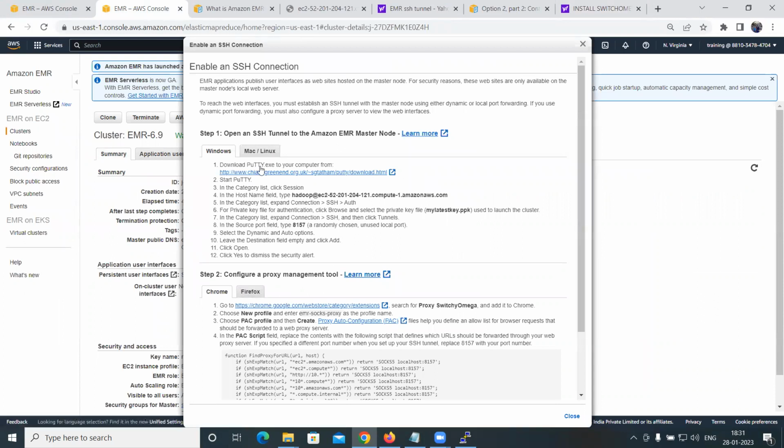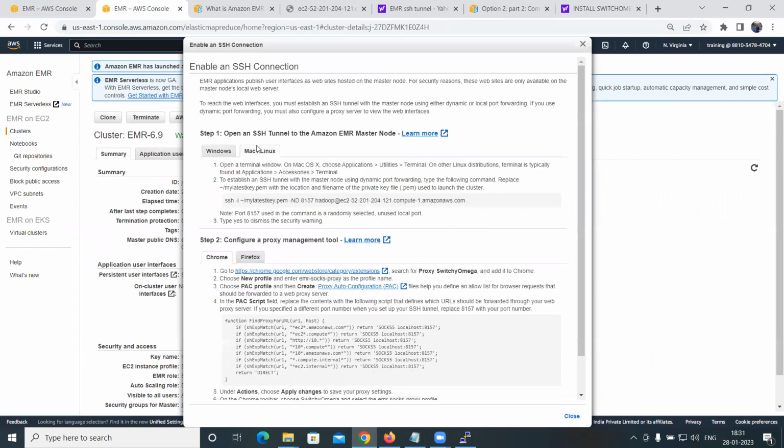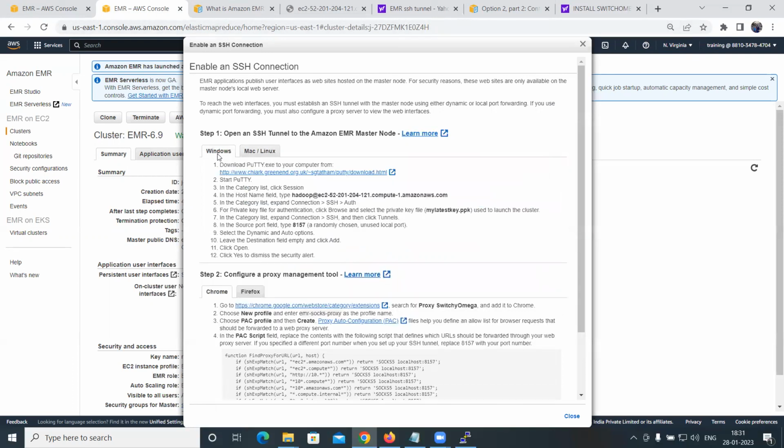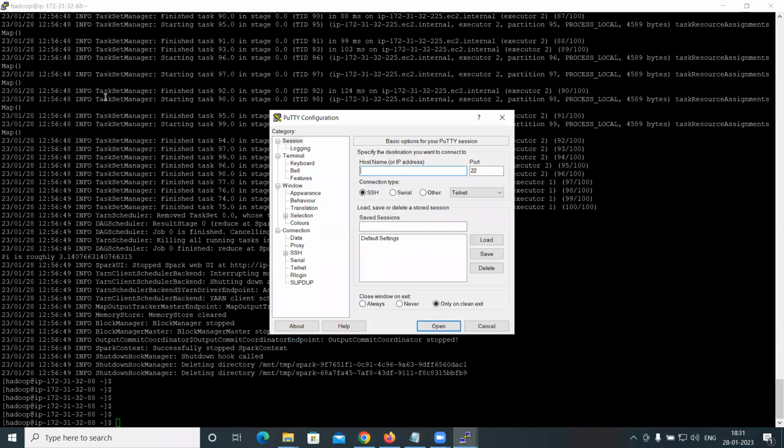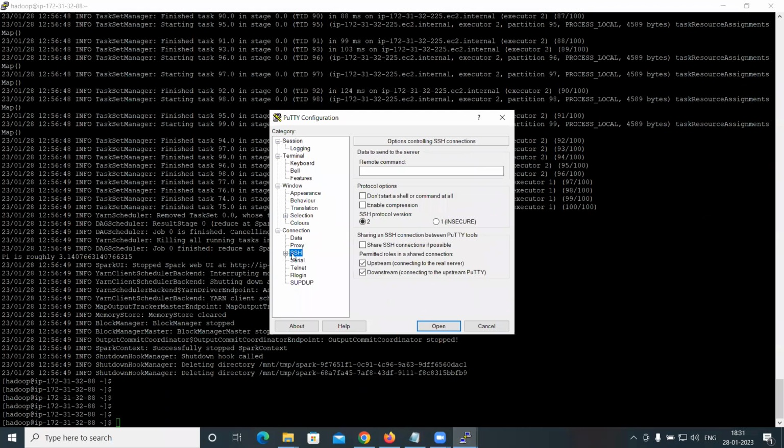Here for Windows, you need to follow some more steps. But if you are using a Mac or Linux, after setting the switch omega, proxy switch omega, you directly copy paste into the terminal. But I am using Windows right now. So I'm going to copy the host information, and then go to PuTTY and click on new session and paste over here and go for SSH,